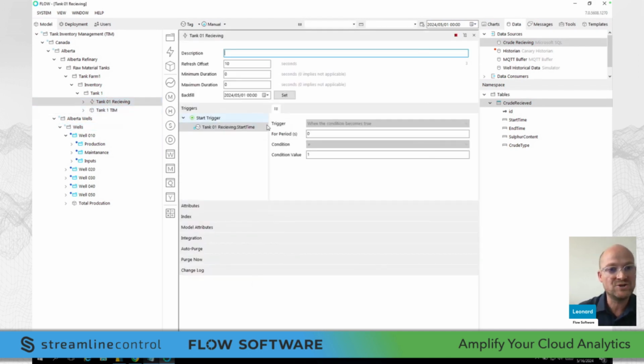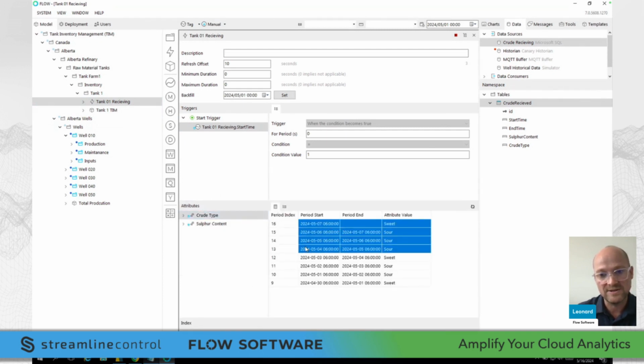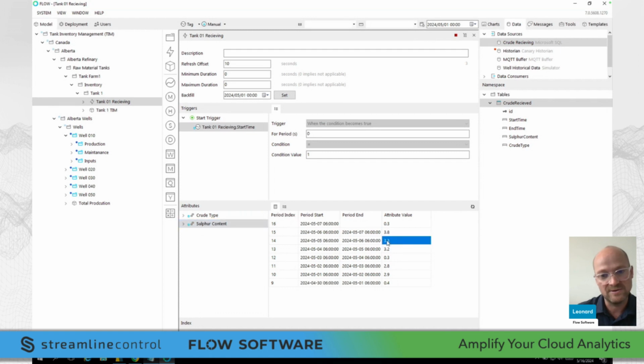So I've got my batch receiving event, and based on that, I know that the content is sweet or sour. And based on that, obviously, the sulfur content will change. So it will be higher for a sour crude that's coming in. Now, in order for me to utilize this in calculations to get a more real-time sulfur content,